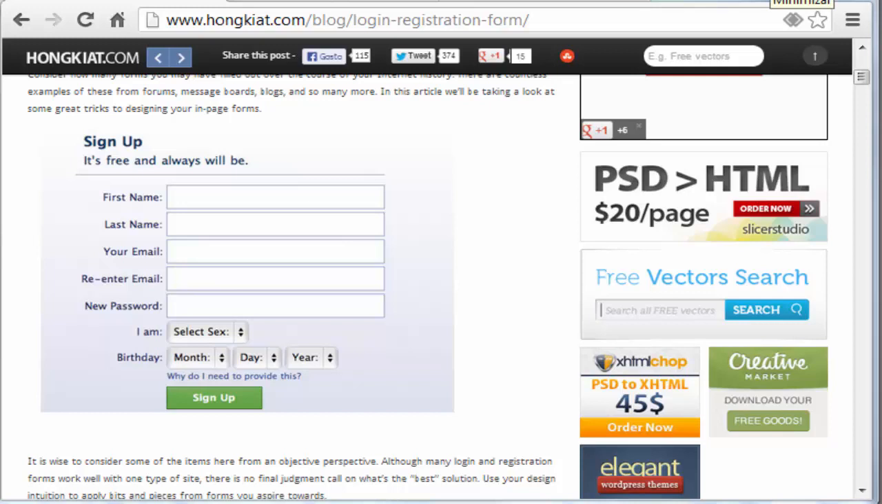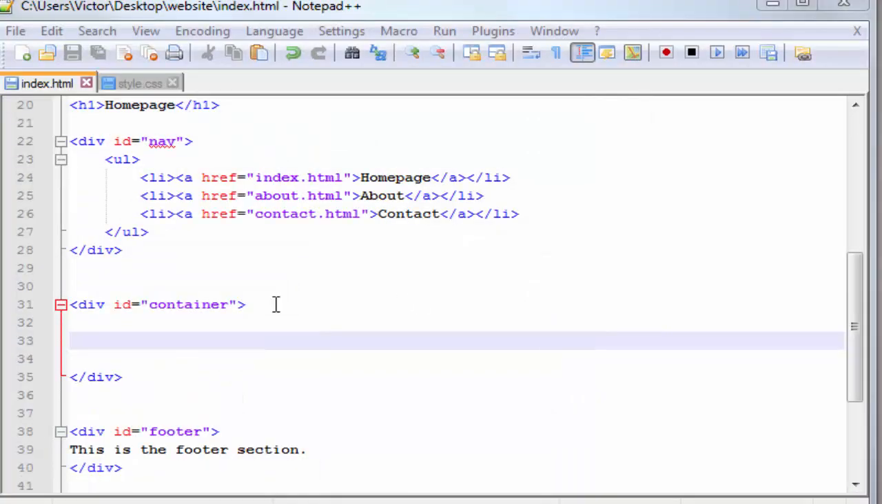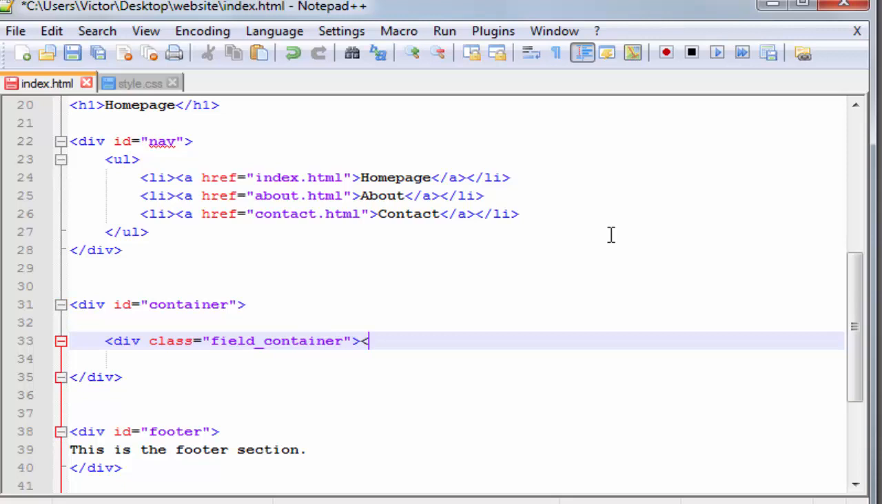So let's go to Notepad++, and inside the container, let's type a new div with the class equals, let's type here field container. Let's close it, and then we're going to type label. Close this. Let's type first name colon and close